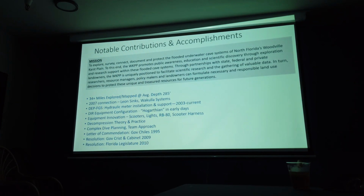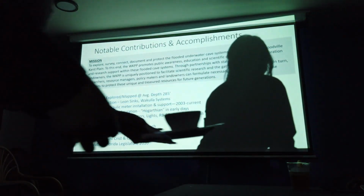And it gives them a really good understanding in real time of how the water's moving and where the points of pollution are, etc. So it's been an ongoing project because those meters need maintenance, need to be replaced every once in a while. I think, going back to the late 90s, early 2000s, there was